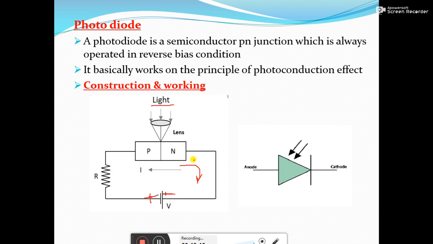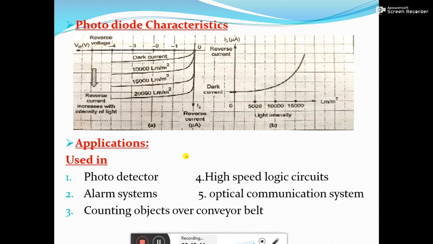So I can say the number of electron hole pairs that are created at the junction is very negligible when compared with the electron hole pairs that are generated from the bias potential. That's why the effect of the light rays won't be observed whenever it is forward biased. It can be observed only whenever it is reverse biased.